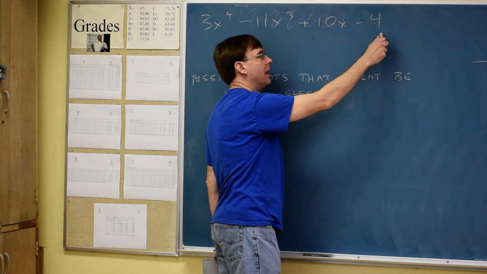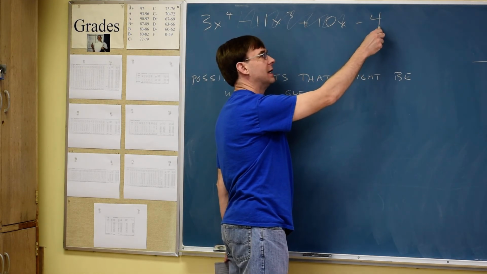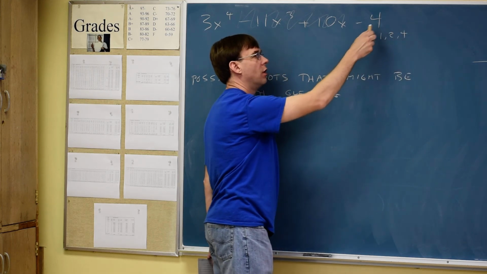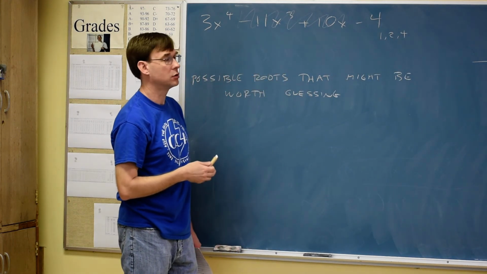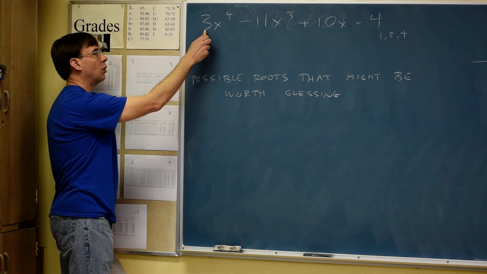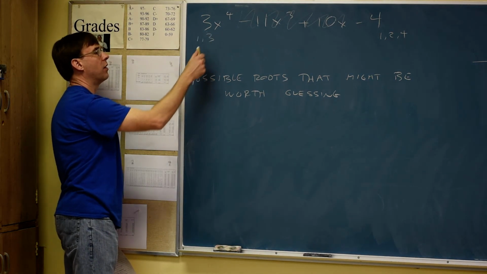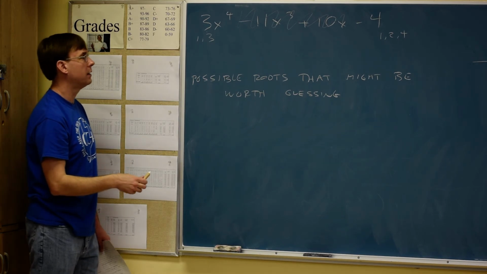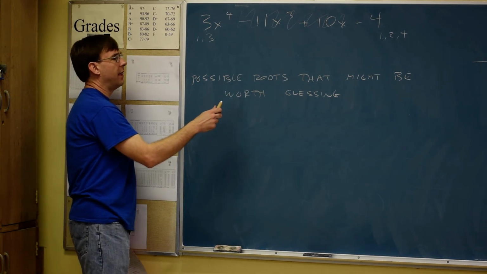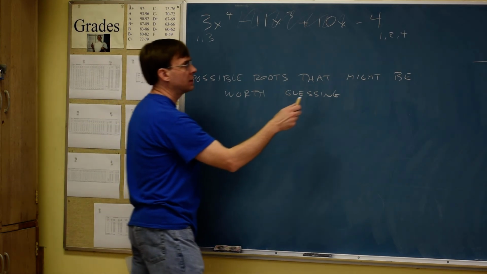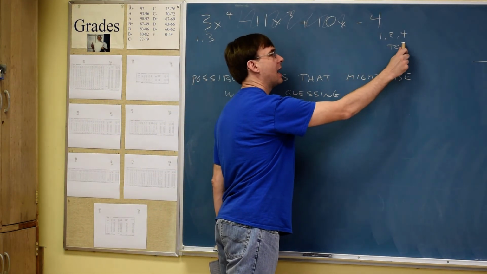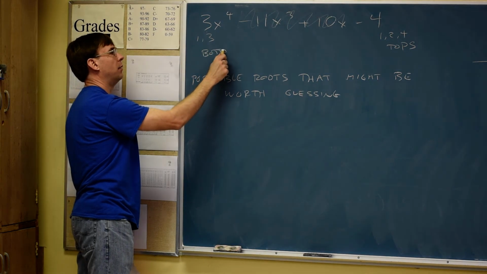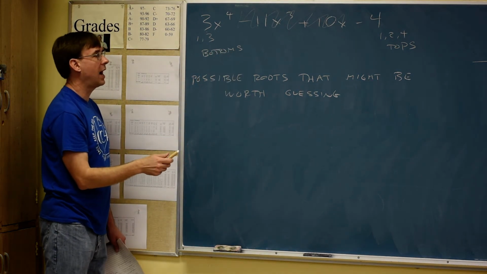and think of every number that goes into that, all the factors of 4. 1, 2, and 4 are the factors of 4, because those go into 4. Look at the beginning number, 1 and 3. The only factors of 3 are 1 and 3. Then we can build fractions by putting these as tops, these as bottoms,